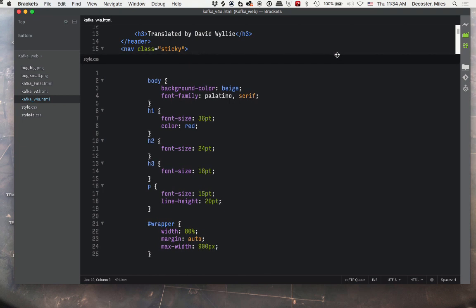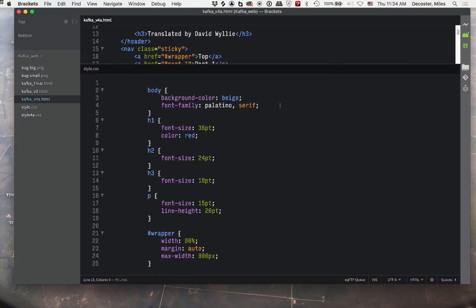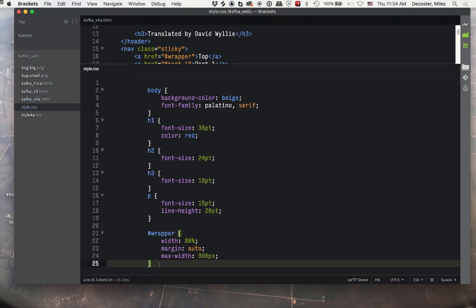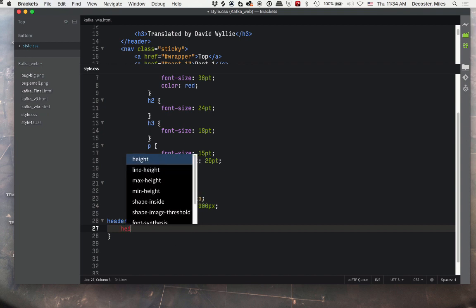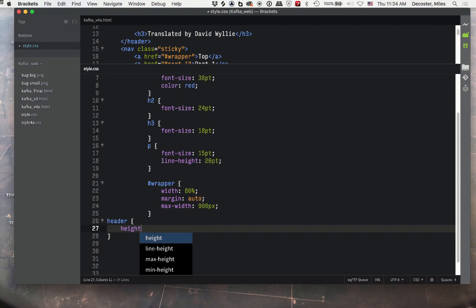So you can change the relative size of these, so I'll just pop that up. And I'm going to put in some more styles. So put some space down here so you can see. And I'm going to start with my header. So tab over, header. Once you go over there, we'll worry about the indents later. We're going to give our header a height, and let's give it a height of 300 pixels,